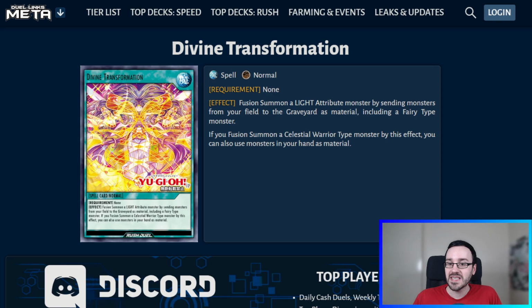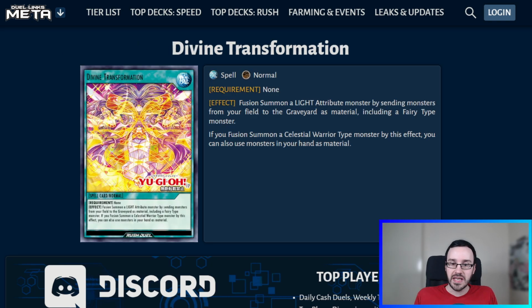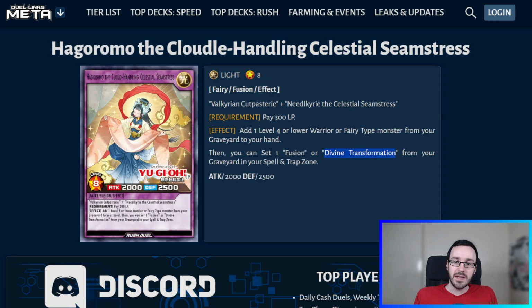If you fusion summon a Celestial Warrior type monster, however, you can also use monsters from your hand. So this is Polymerization as long as we're making a Celestial Warrior, so that easily gets us into any of our bosses without having to tribute them out. And that's why I don't think we're going to get this card, because again, it does mention Divine Transformation, and I don't think we're going to get Divine Transformation yet. But if we did, just hypothetically, this would be a really, really good way to get your bosses out a